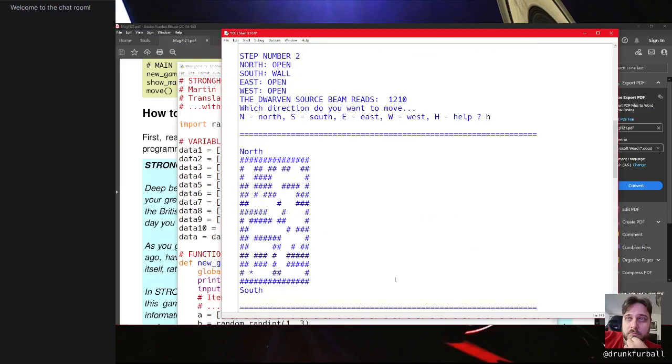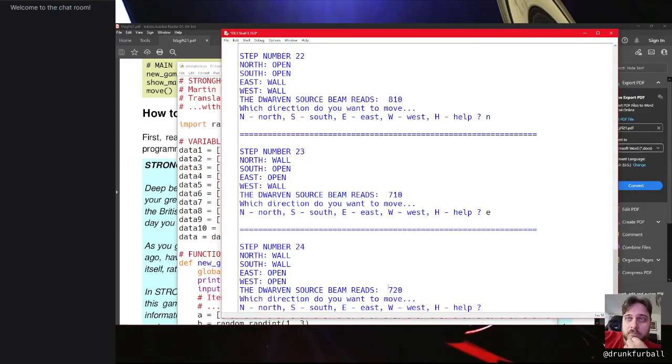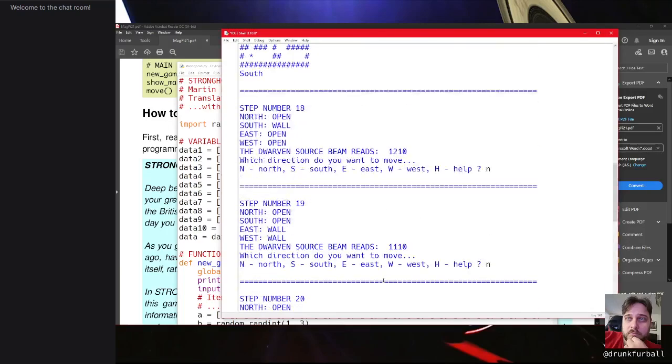Still says we're getting further away, though. But, I mean, we're here. And my guess is the thing we're looking for is going to be probably, like, up in this corner. Because if we move to the right, it says we're getting further away. So that means it's to the left. But it's also still quite a ways north of us, because we've still got 700 to go. So we want to get around